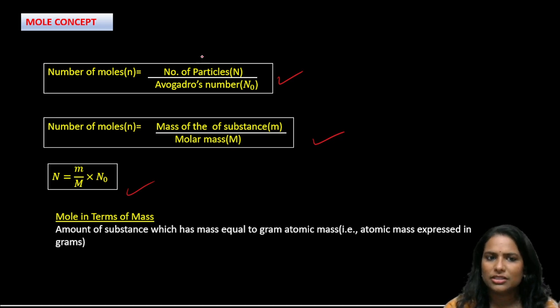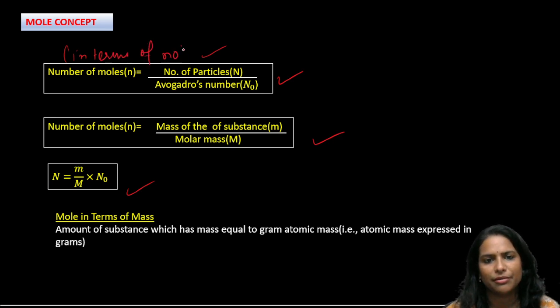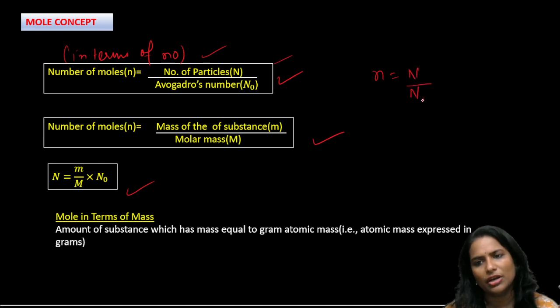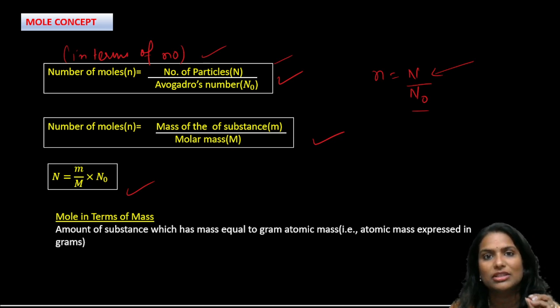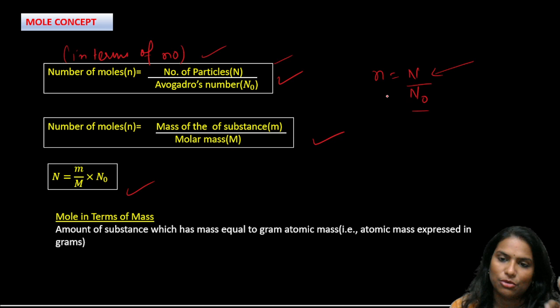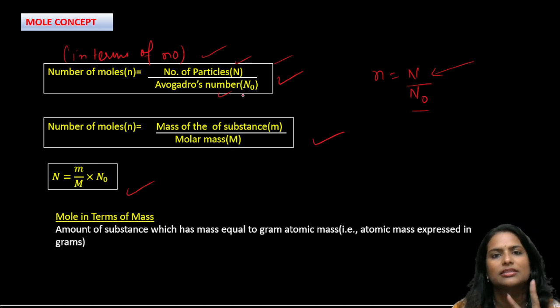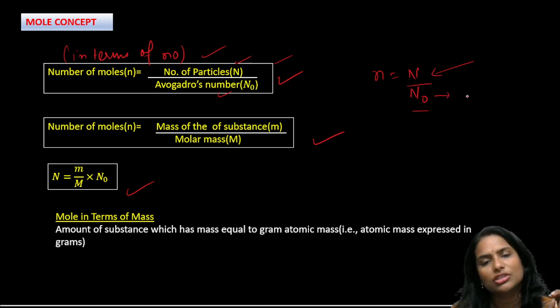So we discussed that the mole, when it is expressed in terms of number, is equal to small n equals capital N upon n0. Whenever we express the mole in terms of number, if you want a relationship between moles and the number, this is the formula: small n equals capital N upon n0. What are this capital N and n0? I have already mentioned here, N is the number of particles, and n0 is Avogadro's number whose value is 6.022 into 10